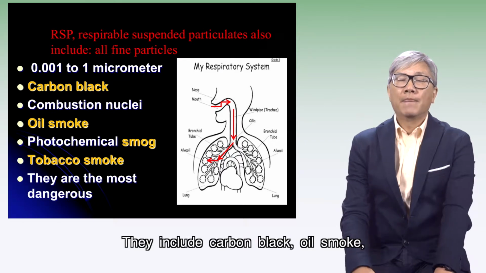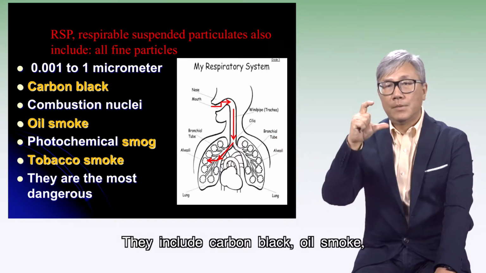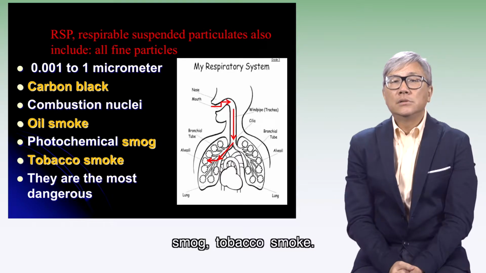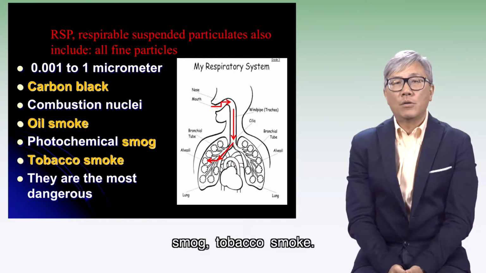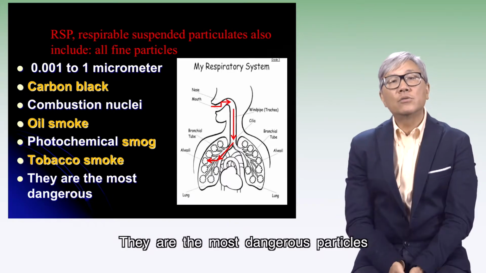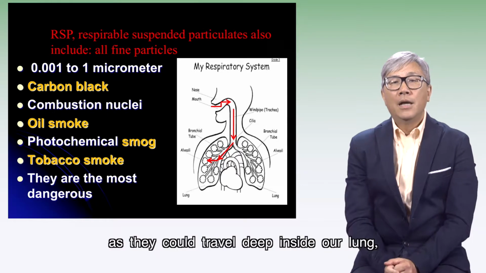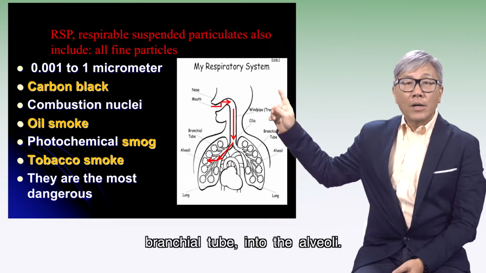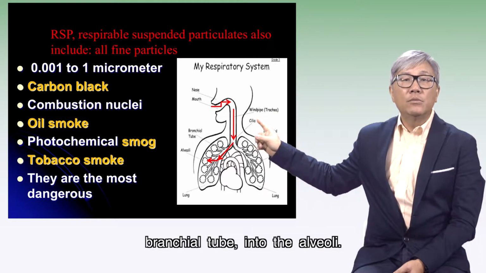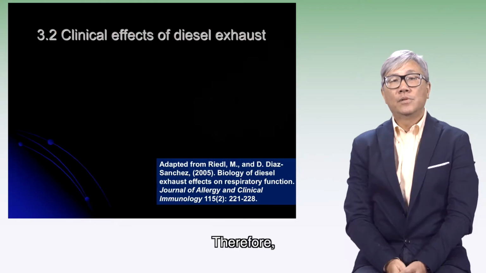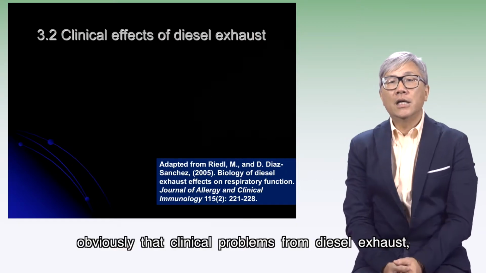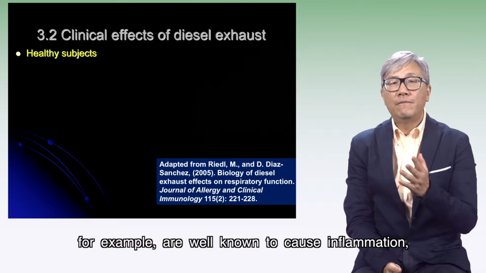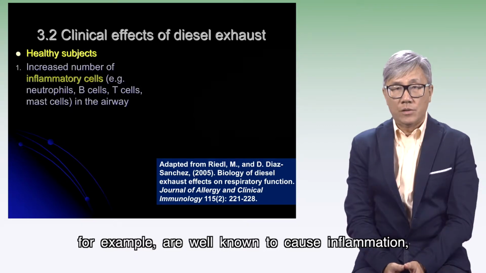They include carbon black, oil smoke, smog, tobacco smoke. They are the most dangerous particles as they could travel deep inside our lung, bronchial tube, into the alveoli. Therefore, clinical problems from diesel exhaust, for example, are well known to cause inflammation, with